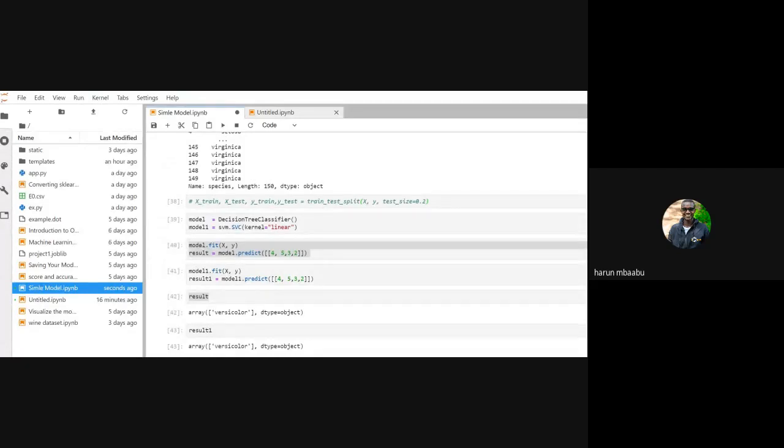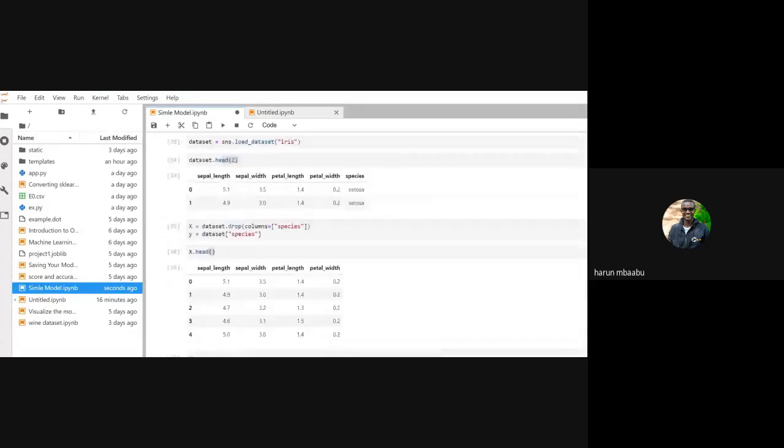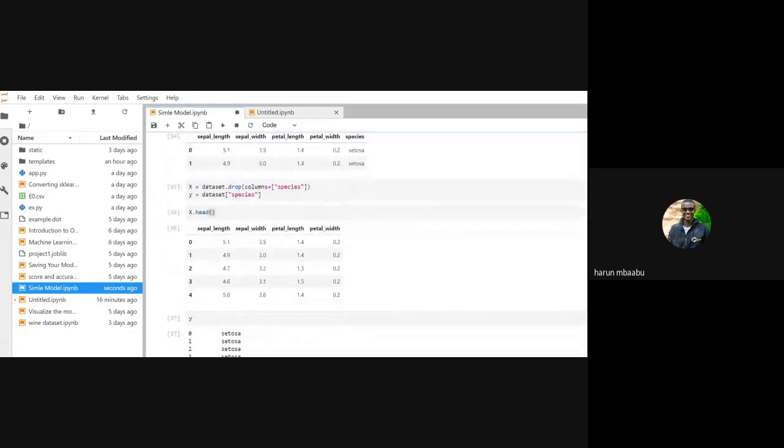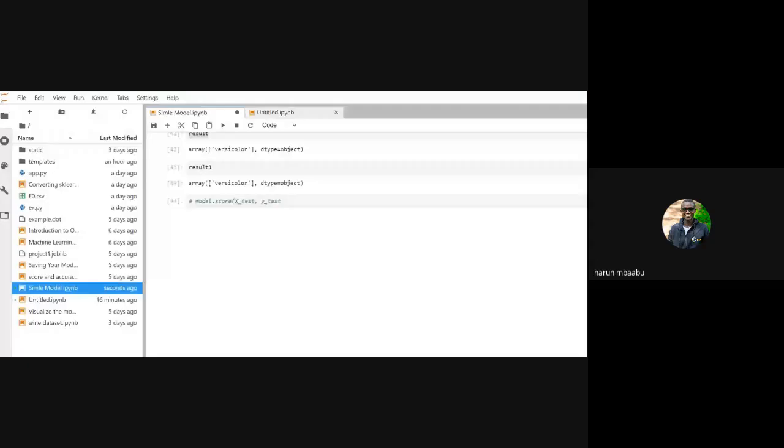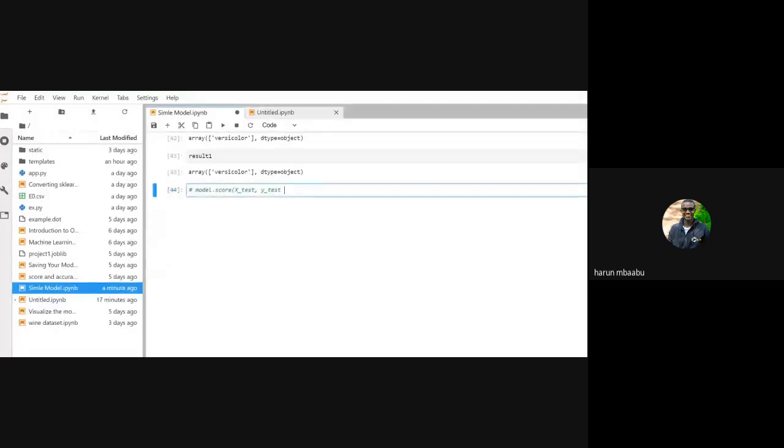Another thing I didn't mention is that every time you have your X in uppercase and y in lowercase. So I will uncomment this one too. And as I said, we can compare the score or how accurate our model is using the score method that comes with our machine learning algorithm.